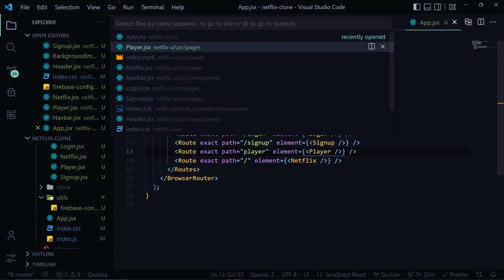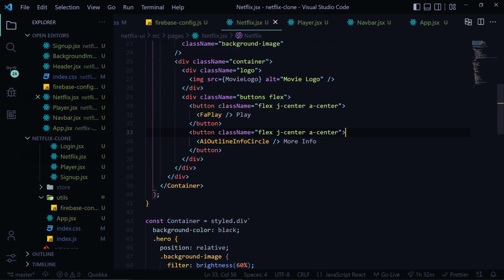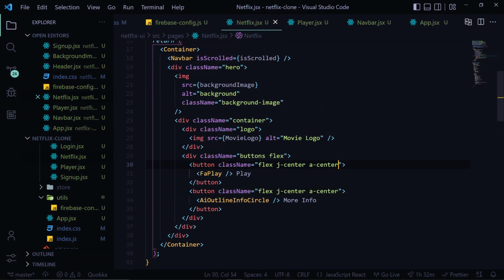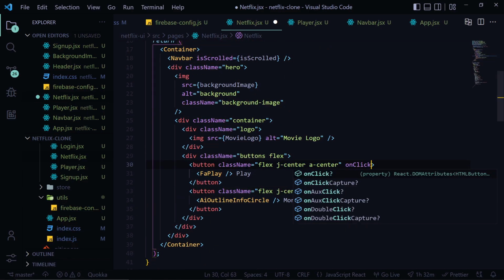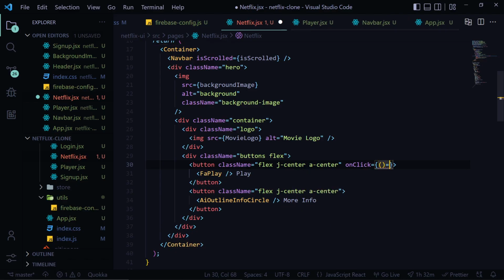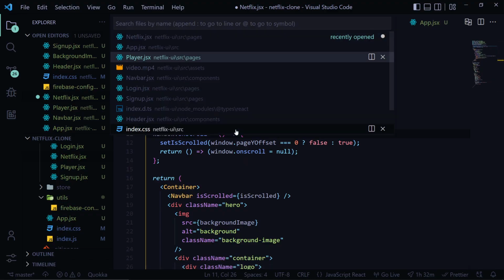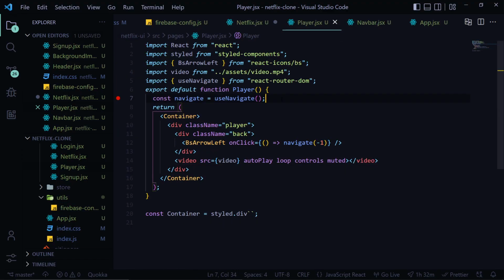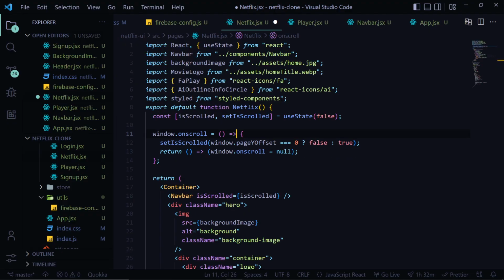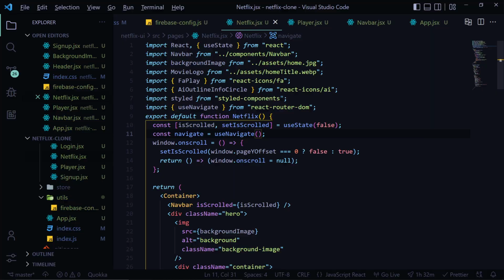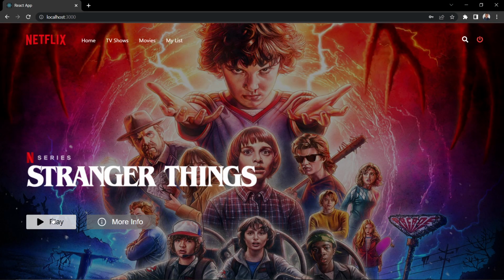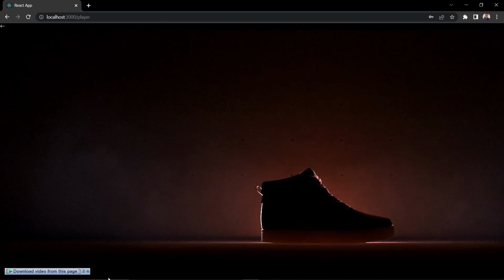That's it. Now let's head over to netflix.jsx, and on this button, on click, we want to navigate to the player page. So for that we also have to import the useNavigate hook. Let's copy that from the player and paste it here. Let's also import useNavigate. That's it. Let's click over this. Yeah, we are inside the player page,